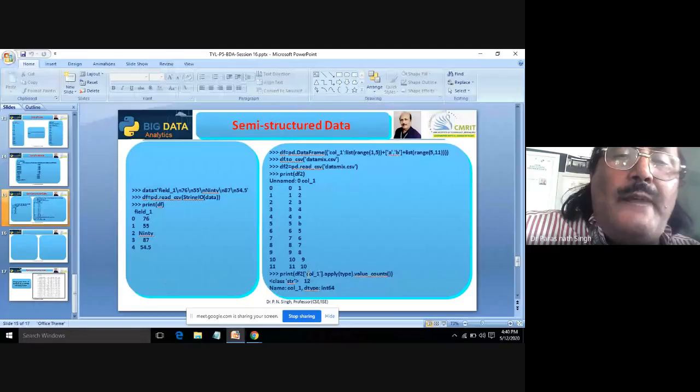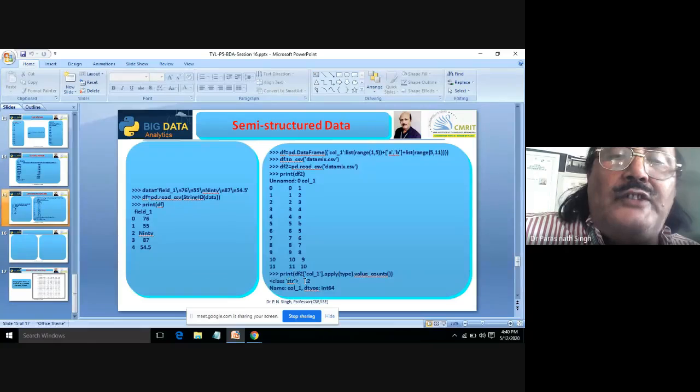So df2 column 1 apply type value counts, and class str 12, because all 12 records have been taken as strings only. A few data you have defined as integer, but altogether it is taken as class str, because some strings, some characters are also there, they are not numbers.